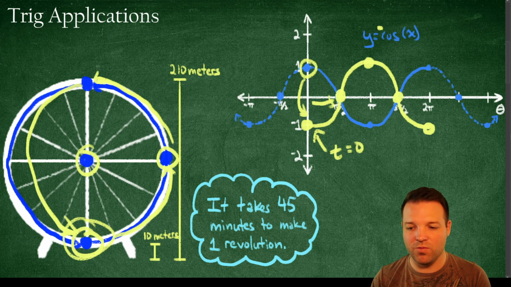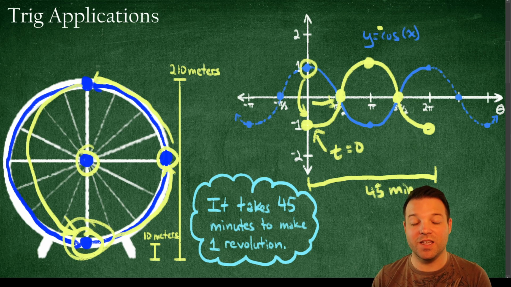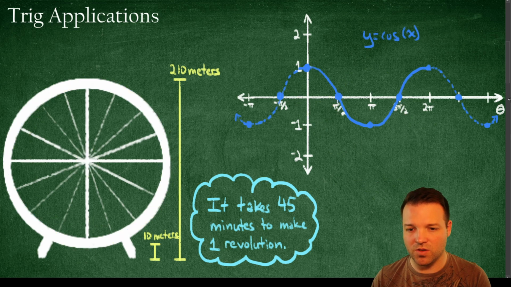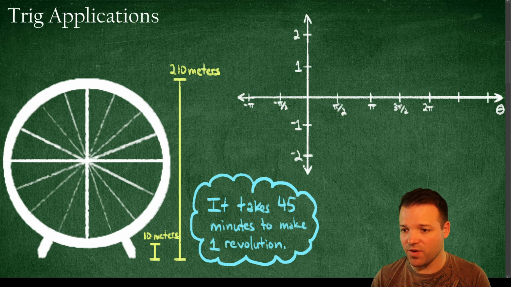All right, and what I really want to do is make sure that this period is going to be 45 minutes. Okay, so it looks like the cosine is going to be a really good candidate here because it's not going to involve a phase shift. Okay, so let's go ahead and attempt to do this. So I'm going to get rid of all that work. I'm going to take away the cosine graph, and let's start putting in these